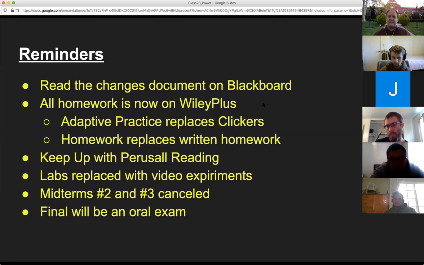It basically keeps asking you questions until you get them right often enough that it thinks you've learned the material. So we're going to do that instead of clickers. They'll be weighted the same as clicker questions, basically a week's worth of clicker questions. So that's the replacement for clickers. It's a poor replacement, but it's what we got.